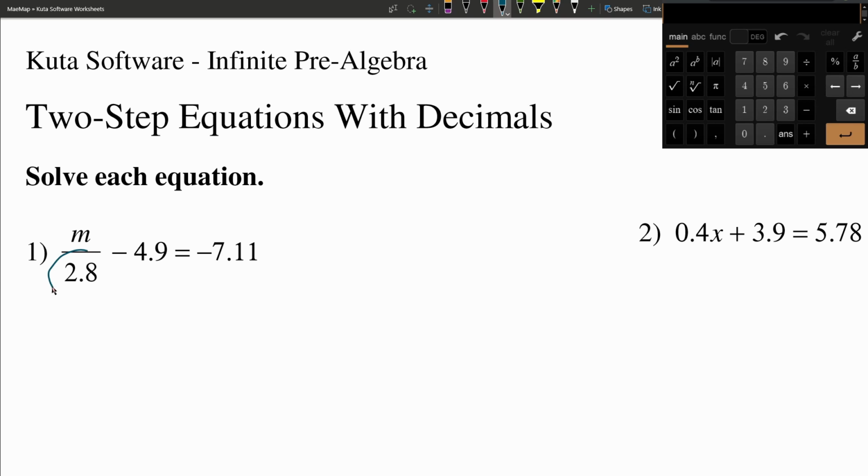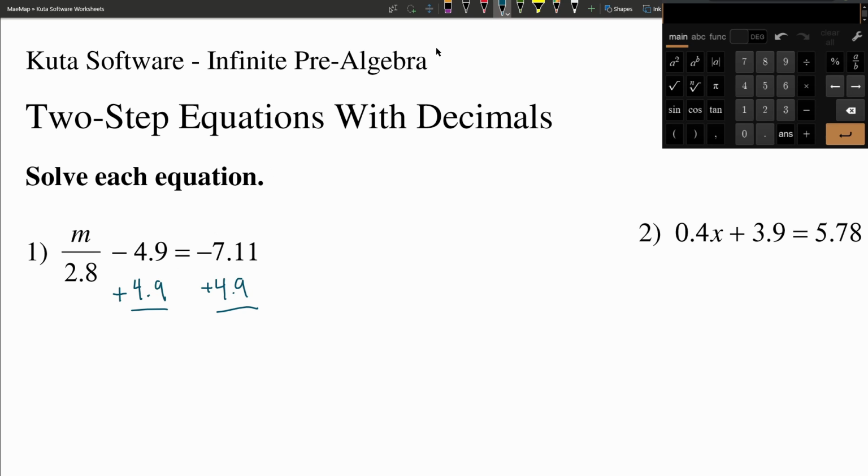Well, if I tried multiplying by 2.8 first, in order to get it out of the denominator, I'm multiplying both my left and right side, but notice when I multiply that left side, it gets multiplied to this first term and the second term, because that multiplication is distributed throughout. So we don't want to start with that. Instead, we'll start with moving this 4.9 to the other side by adding it. So if we add a 4.9 to each side,